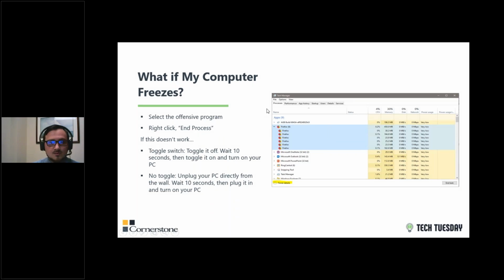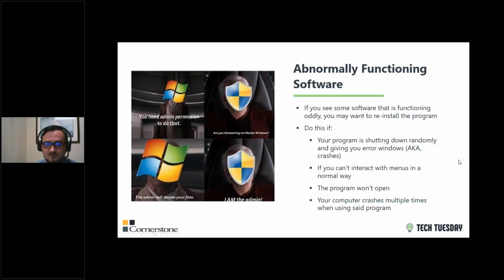Additionally, what if you have abnormally functioning software? That's sort of what we covered ahead, like if your computer freezes, but it's a little different. If you have software that isn't quite functioning right, a lot of times this will be what happens in Excel. You open up a window of Excel and you won't see any of the tabs at the bottom that tell you sheet 1, sheet 2, sheet 3, any of that information, and you won't be able to go back and forth between sheets. 9 times out of 10, the program opened weird. You just need to close it, reopen it, and that will solve your problem.